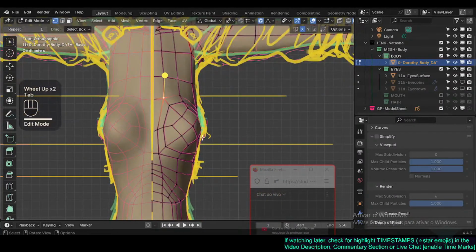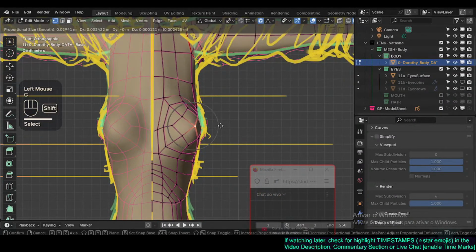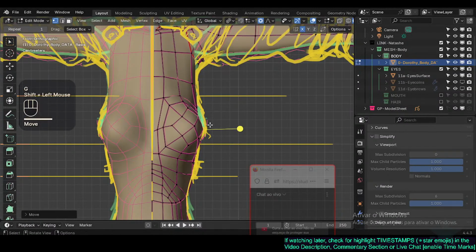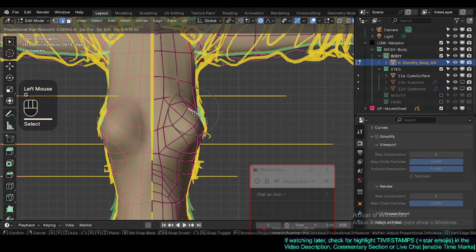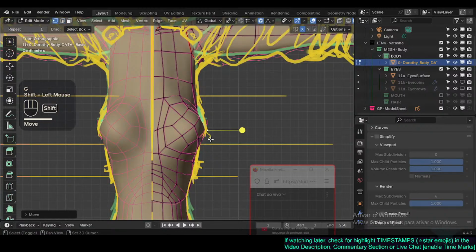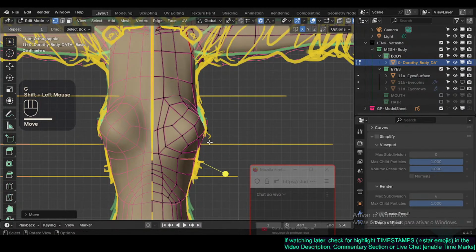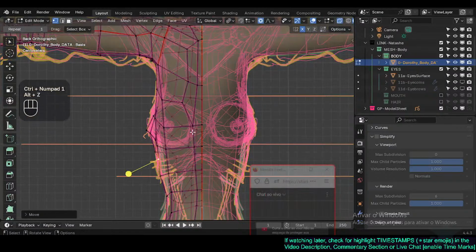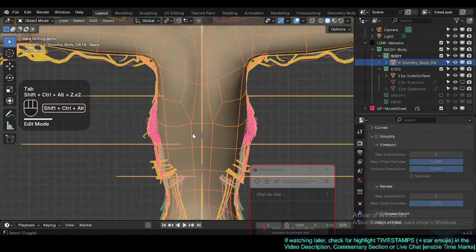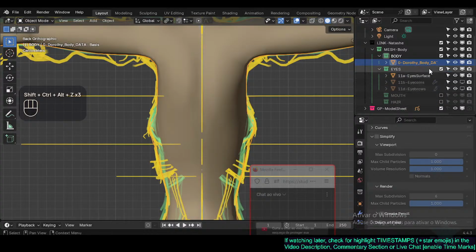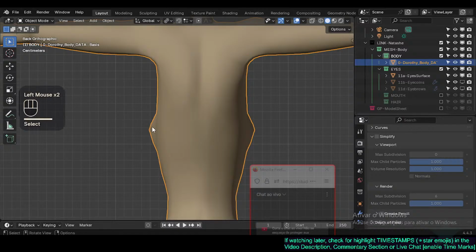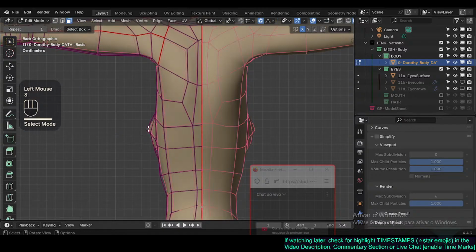Here from the front view we probably could develop these sides. And from the back view, if we take off the grease pencil, we don't have good shapes here. Probably have to